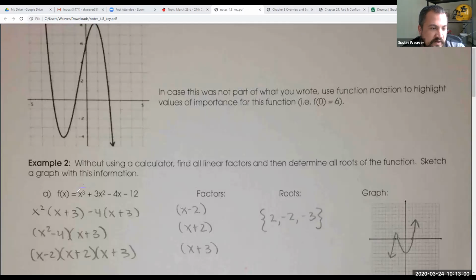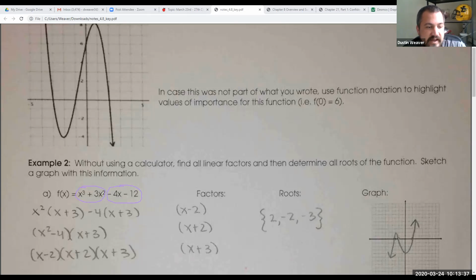So factoring by grouping means we're going to take these first 2 terms and these last 2 terms and we're going to factor them. So what we try to do in factoring first, does anybody know what step 1 of factoring is? What would be the very first thing we would want to do? It's 3 letters. There you go, Smith. Thank you, Smith. So GCF. So we're going to pull out the GCF, or the greatest common factor.